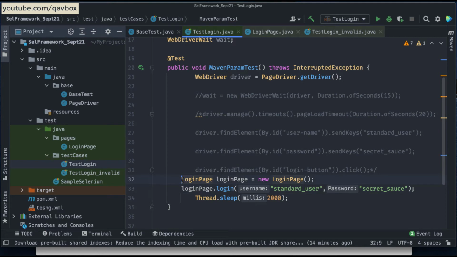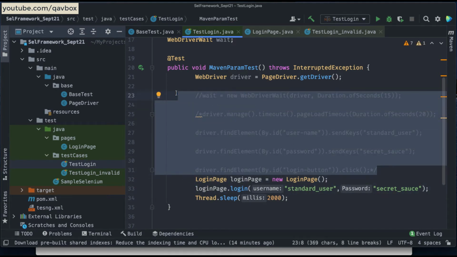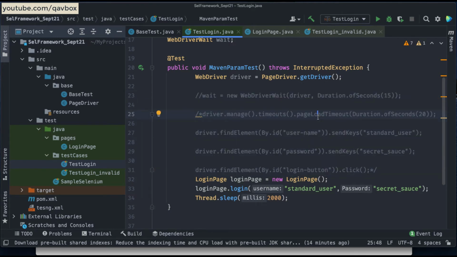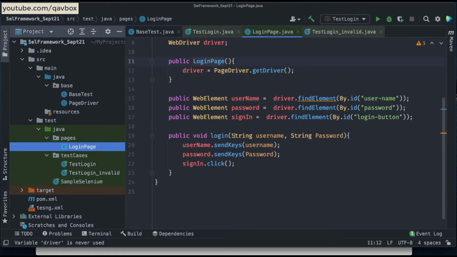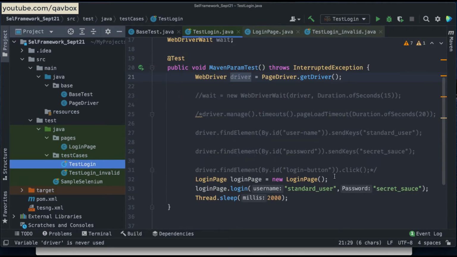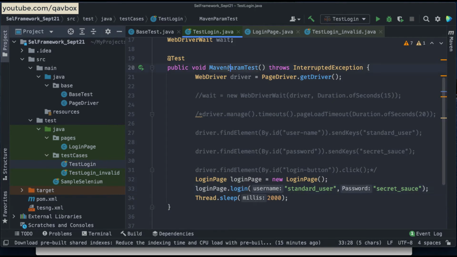Now you can see how we have isolated all the dependencies and all the implementations I have kept under the page class. And you can see slowly I have removed the WebDriver dependency also, so that your WebDriver is only required for these page classes only, like here only. Test cases only have to be the test steps. As much as possible you need to avoid the implementation. The user who is looking into this test case doesn't care about the implementation behind this login. Straight login, what are the different things I need to send.